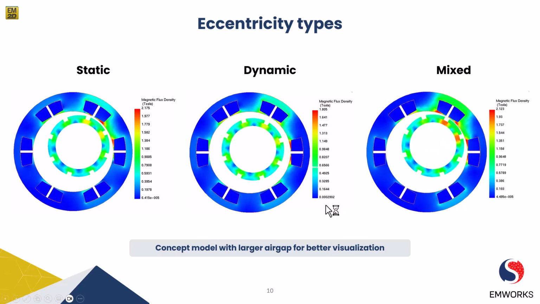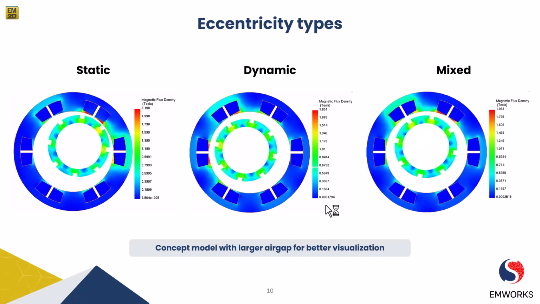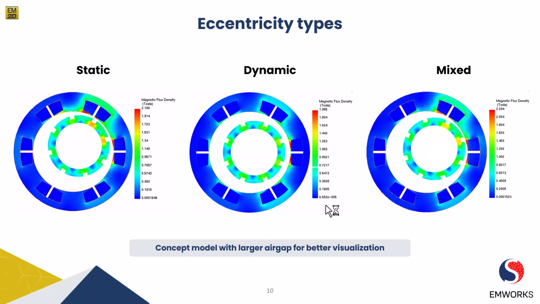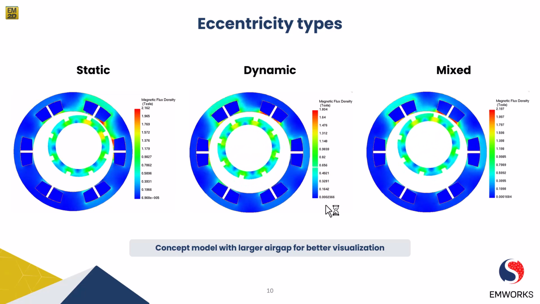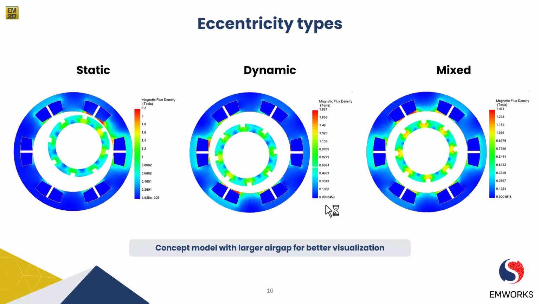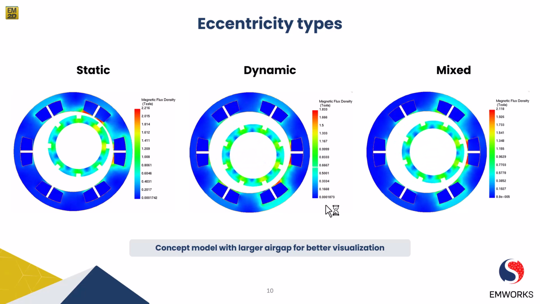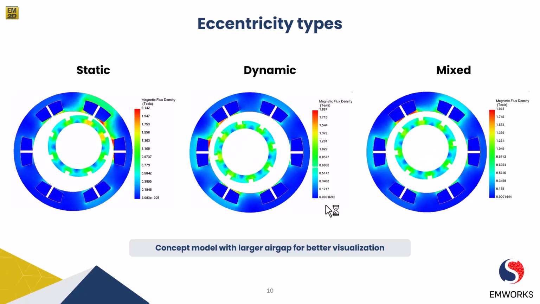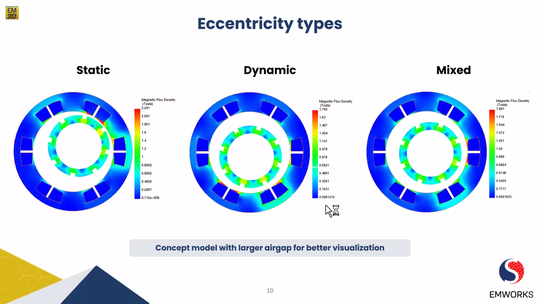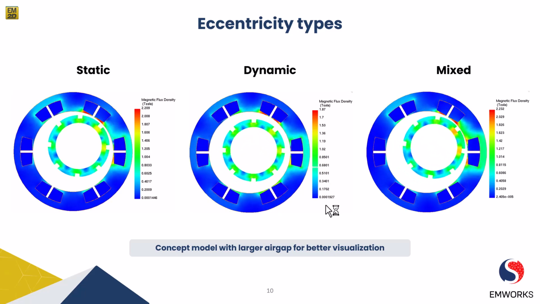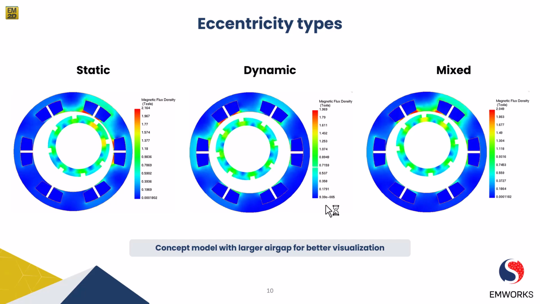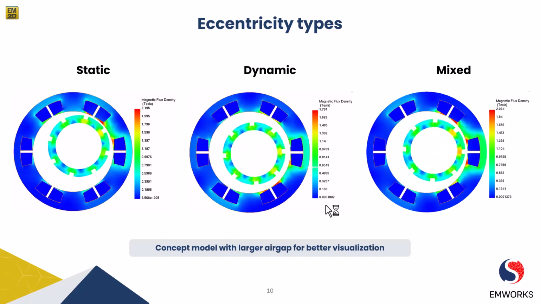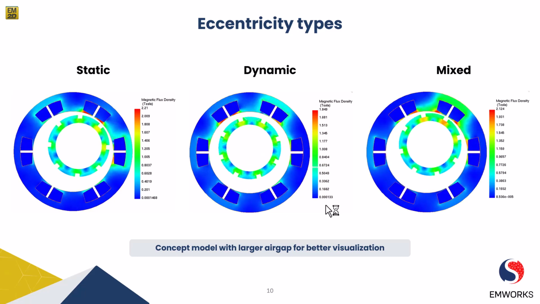Next, we have dynamic eccentricity. It involves a varying displacement between the rotor and stator centers as the motor rotates. The dynamic eccentricity may be caused by factors such as bearing wear, shaft deflection, or uneven magnetic pull. As the rotor eccentricity changes during rotation, it introduces periodic variations in the air gap, resulting in additional vibrations, noise,